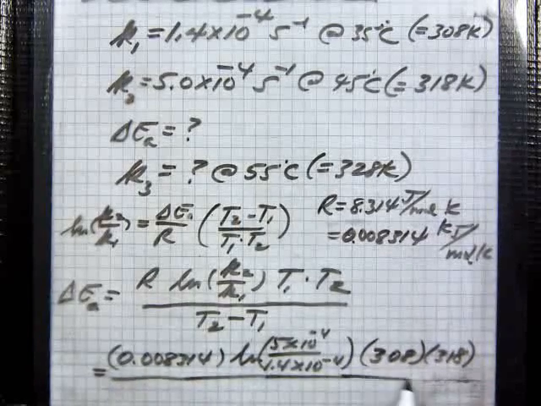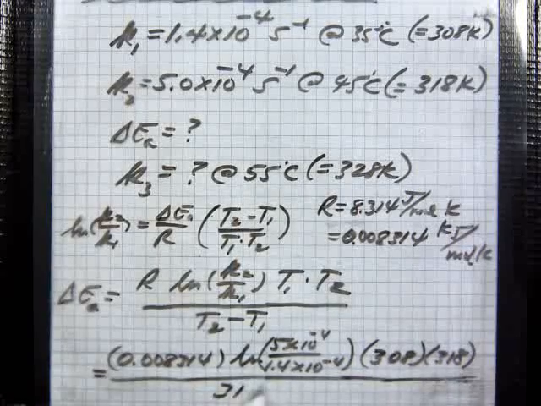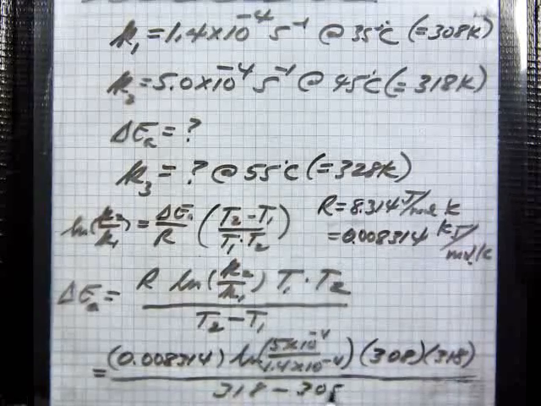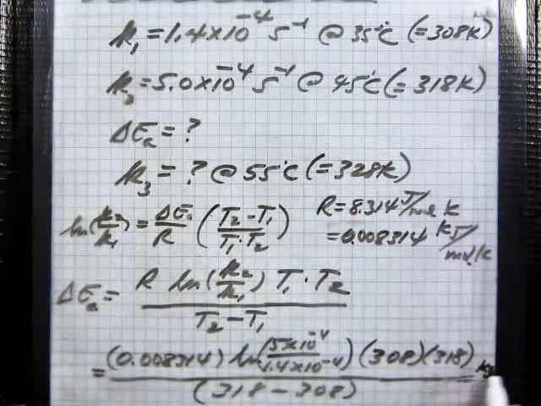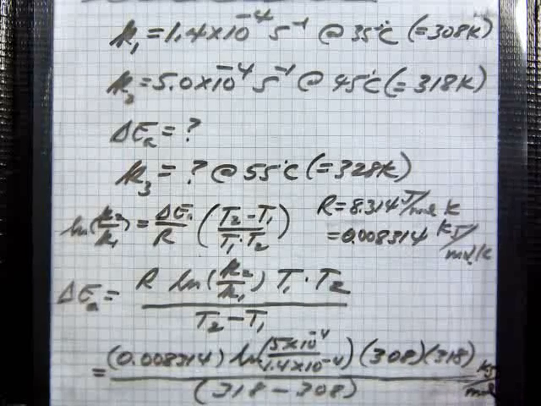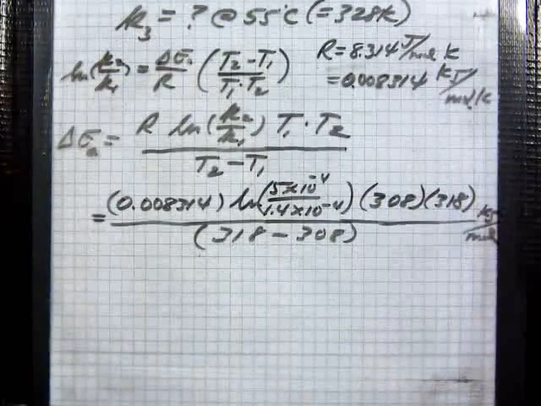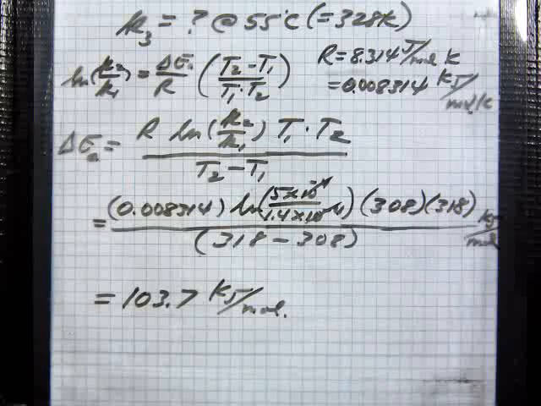And then the differential between those two temperatures, 318 minus 308, that's 10 degrees. And it's all going to come out in kilojoules per mole when everything's said and done. 103.7 kilojoules per mole is